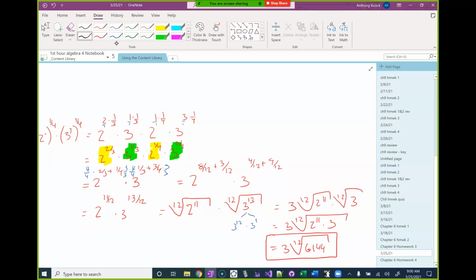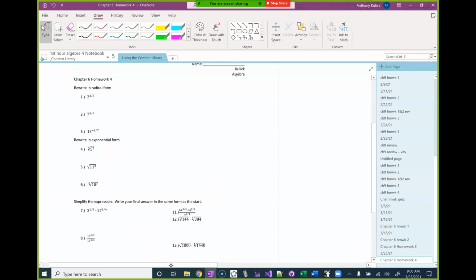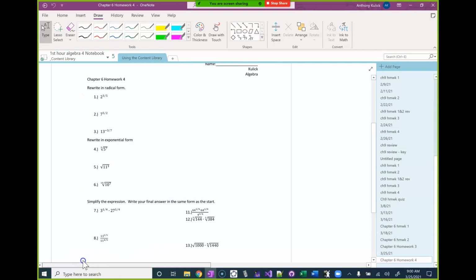So if you look at the OneNote, in the content library, you should see homework 4. I put that in there this morning. So the first 3 problems, we're just going to take exponential form and convert them to radicals, and then from radicals into exponential. And then I have some simplified